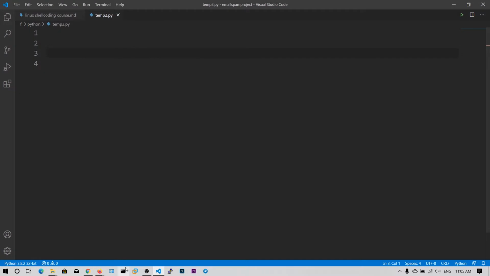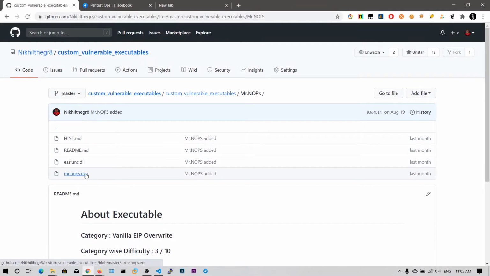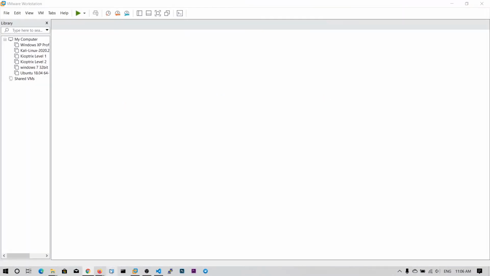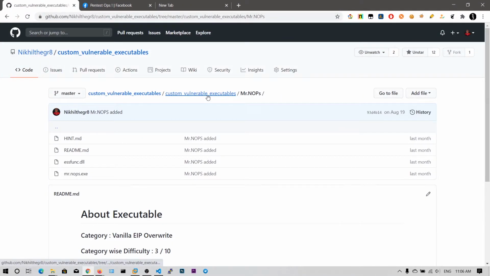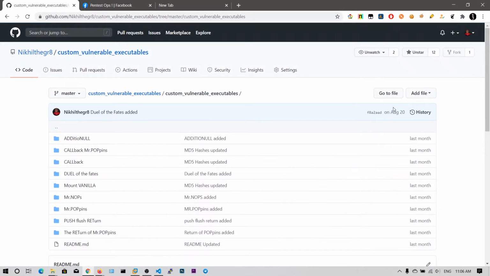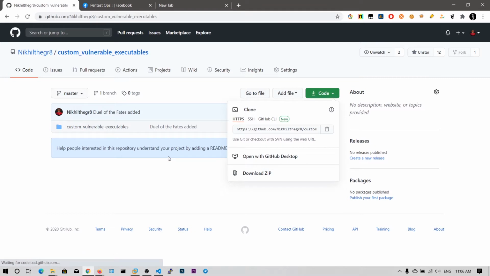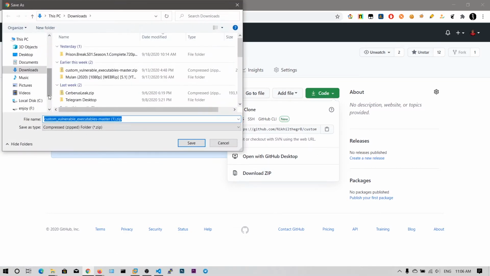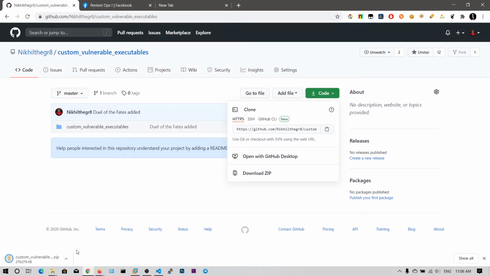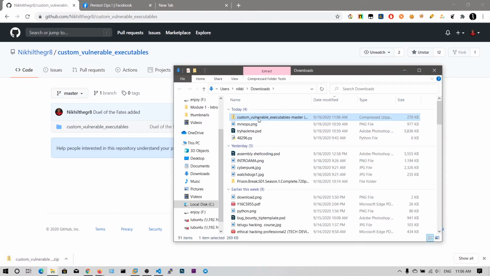So okay, guys, now I'm going to start my virtual machine, and I'm going to download these files. I don't have git installed in my Windows, so I'm just downloading the zip file.